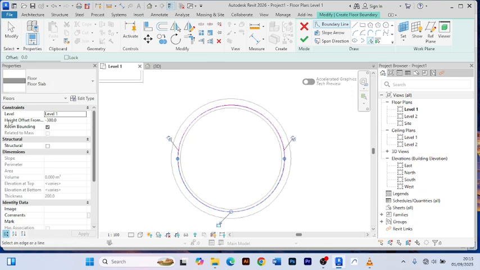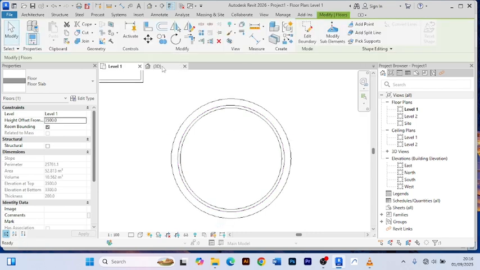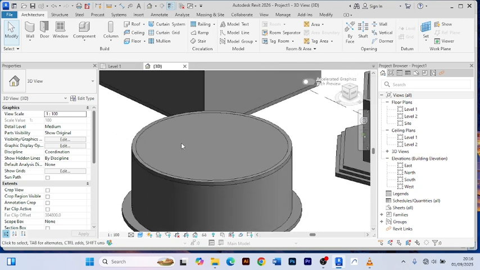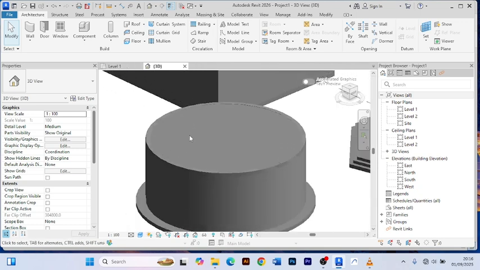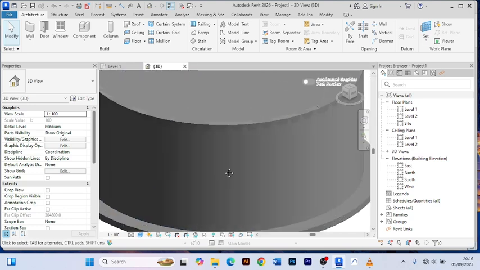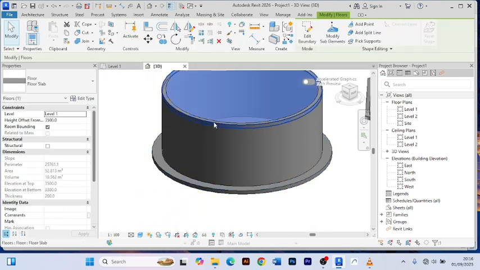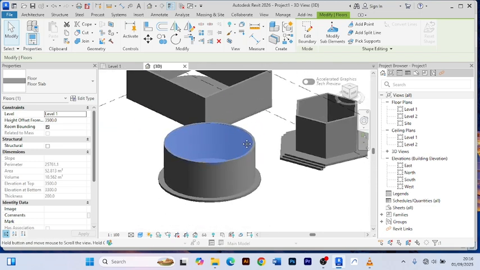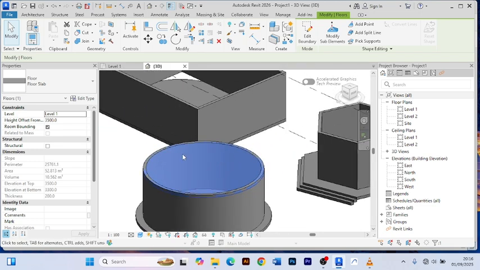Then in our offset or height, we know that our wall height is 3.5. So we can simply write here 3.5. Then I say okay. When you come to your 3D, you'll see that it has created your floor or slab on top of the house. So this is basically how you can do that. You can change the base offset. Instead of having it down here, you have it up here. So yeah, I think I've shown you how to edit the boundary,